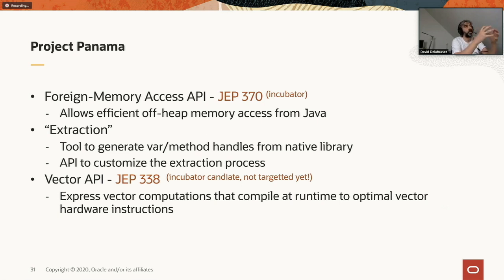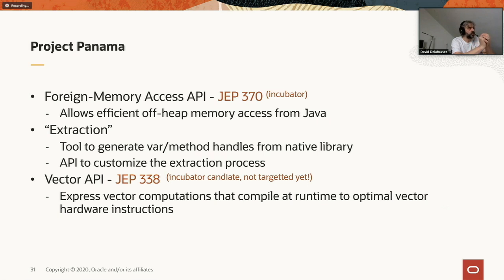Extract interface and generate binders that you can use directly from Java code. There are two parts for the extraction part. There is a tool that mechanically does the extraction, but there's also an API that more advanced developers can use to meet more advanced scenarios.